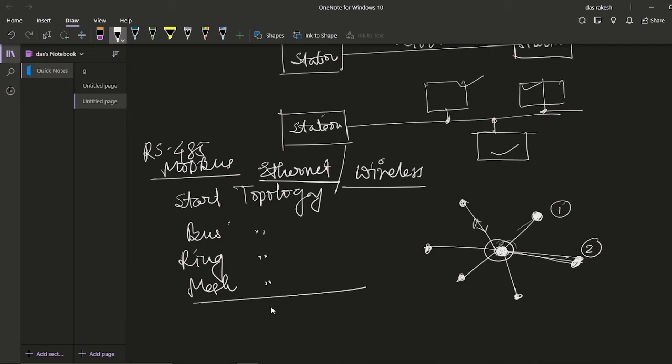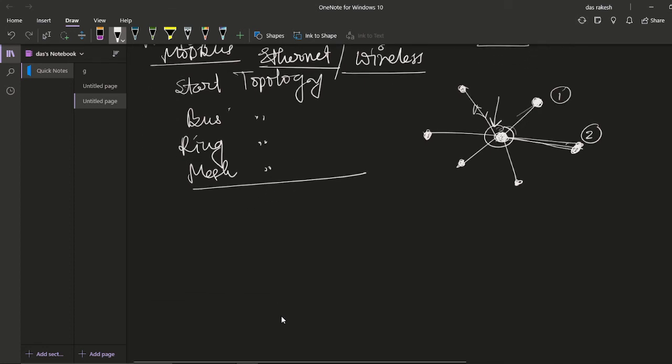Star topology is basically less expensive than the others. And there is some disadvantage of this star topology, because if this central node starts malfunctioning, then there is a communication problem between the nodes, because all nodes relay the message via the central node. So these are the disadvantages of this star topology or centralized communication.